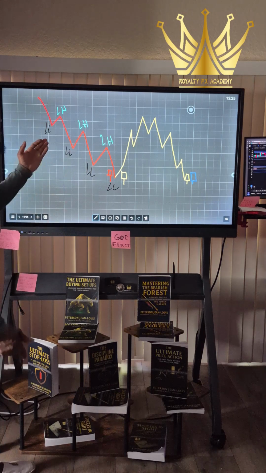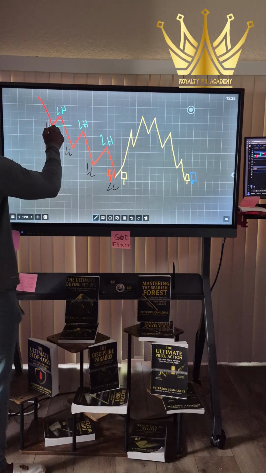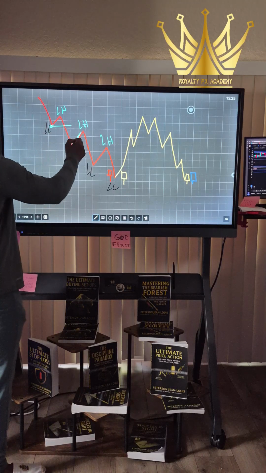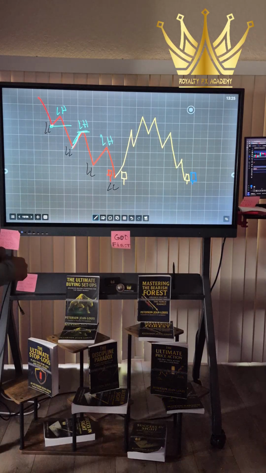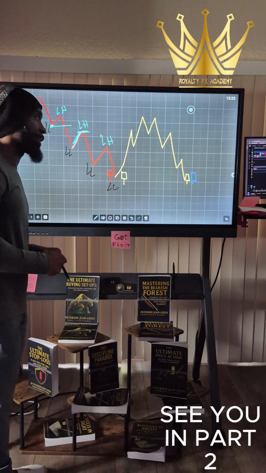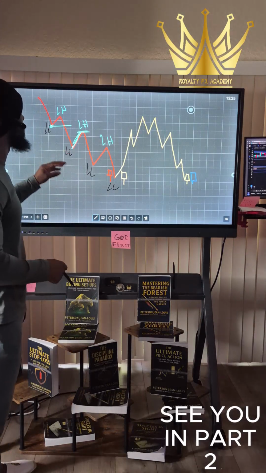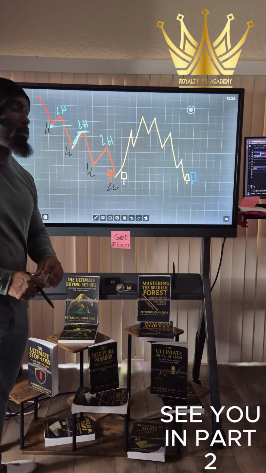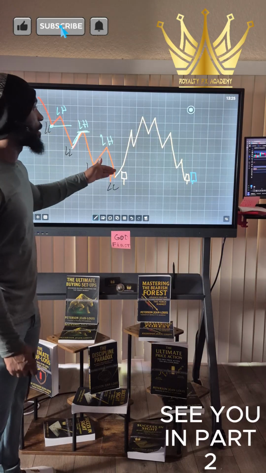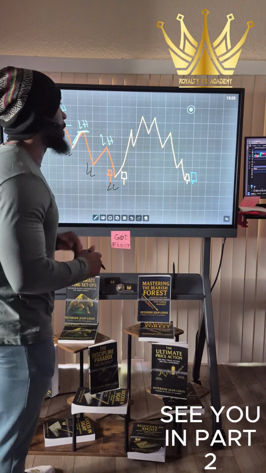And again, you wait for the pullback. What I mean by that is once the market breaks a previous low, you wait till the pullback. And then after the market gives you a price action, to be more specific, a bearish engulfing, one of the sixes, you take that for the sell. Now, please understand, all this markdown will be based off your higher time frame, either your monthly, your weekly, or your daily. So remember, technical analysis is based off the higher